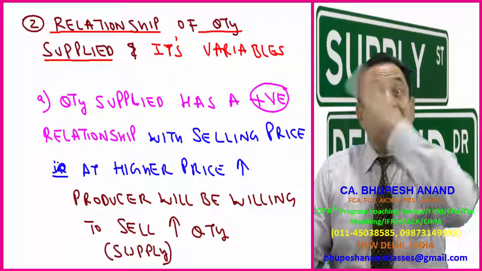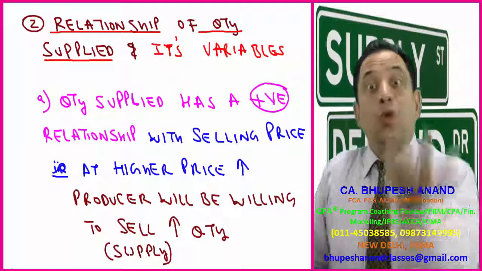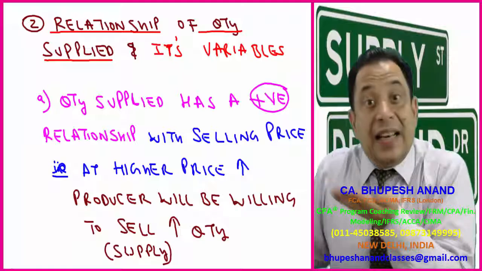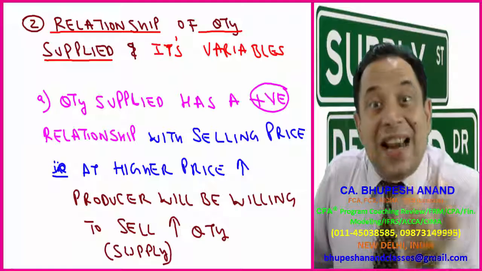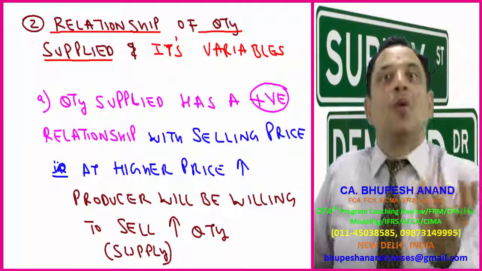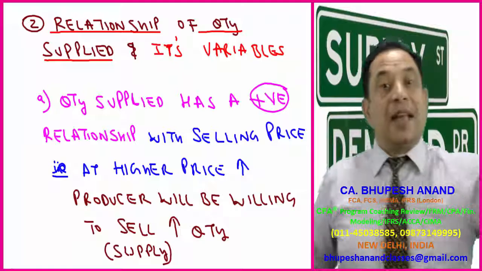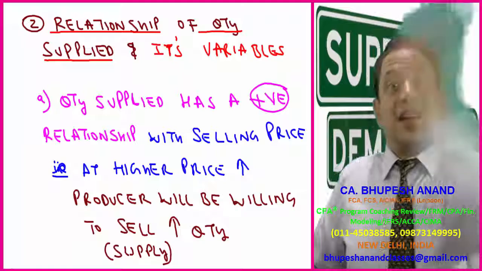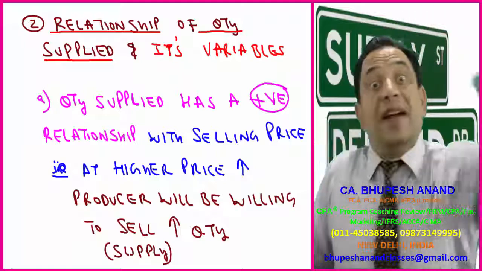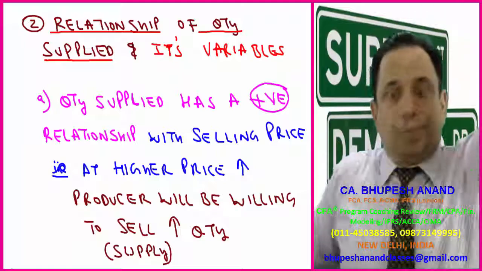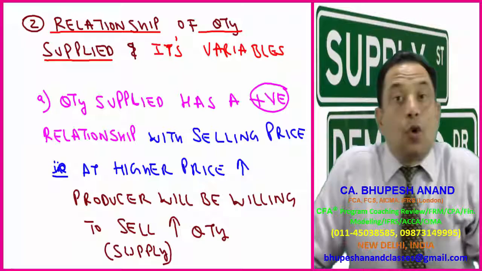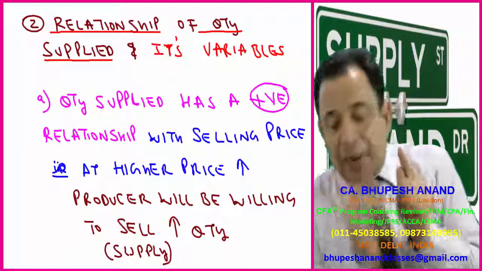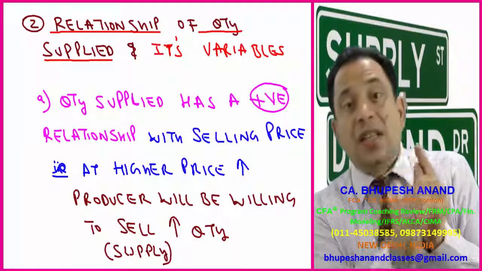But otherwise, if there is a huge supply of raw material and huge availability of labor, then the producer will be inclined or motivated to produce more. Similar is the case with selling price. If the selling price is increasing in the market, the producer will be motivated to produce more. So just see the relationship of quantity supplied and its variables. Quantity supplied has a positive relationship